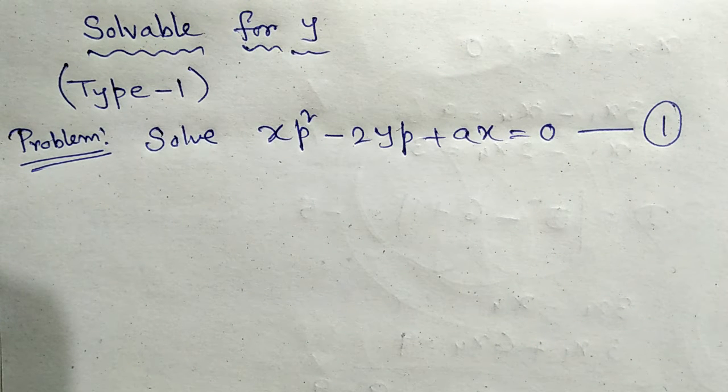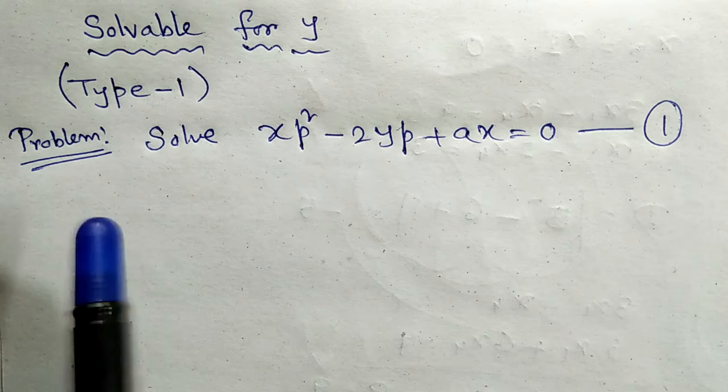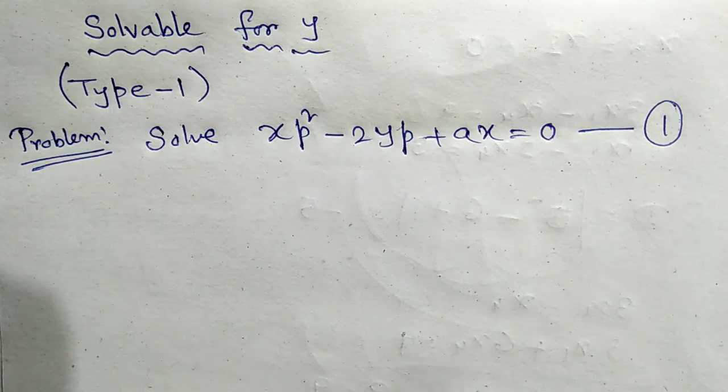Welcome to everyone. Till now we have discussed first order, first degree ODEs and the techniques to solve such types of problems. In the previous class we discussed the equation solvable for p. Today we discuss equations solvable for y and x. In each of solvable for y and x there are two types. So we are going to the first type.